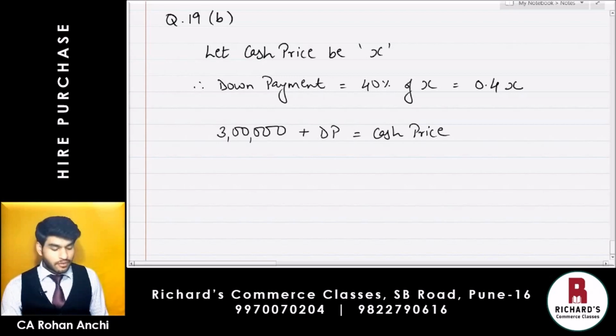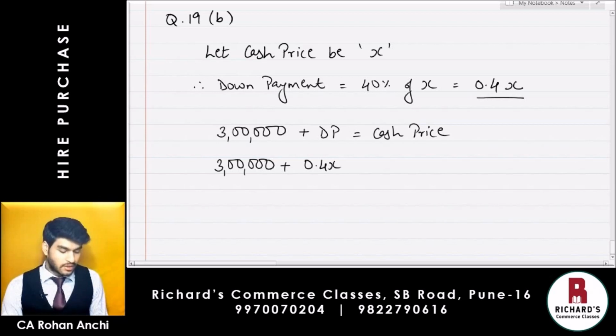Substituting the values that we have got here now, 3 lakh plus down payment we have here is 0.4x plus 0.4x is equal to cash price, which we have assumed to be X. Therefore 3 lakhs